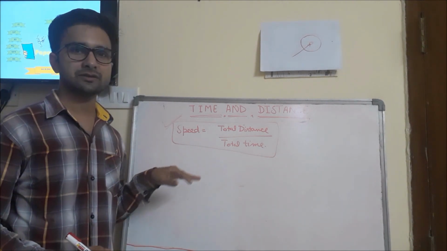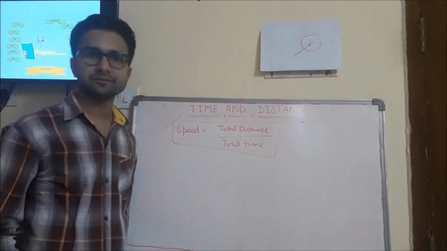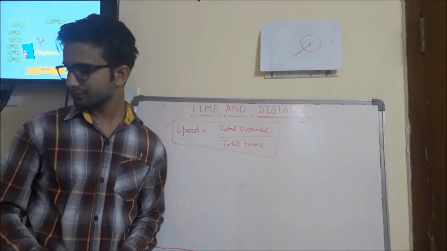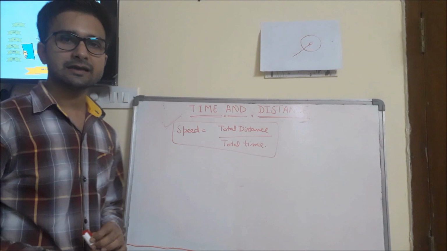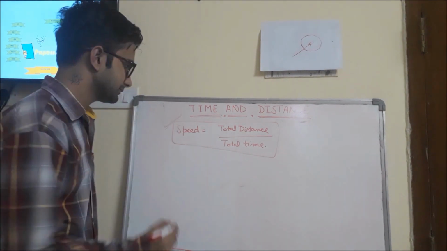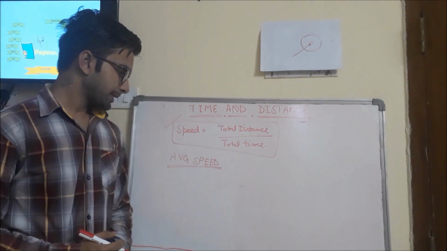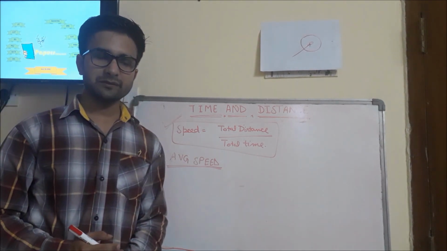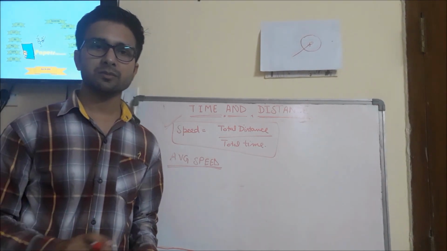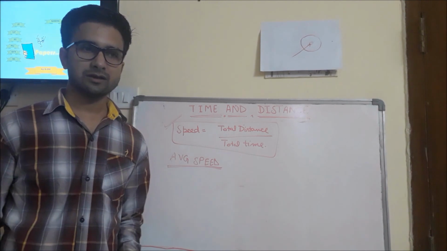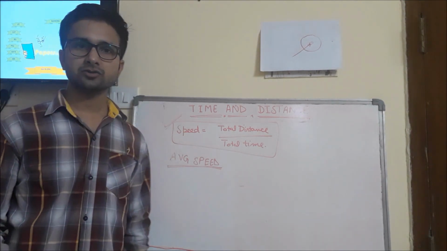This is a generalized case we all know from our childhood. The total distance upon total time is speed. So let's start. The first concept that I am going to start with is the average speed concept. You will get many questions on this, and in these lessons we will mainly be focusing on mathematical formulation of the problem. We won't be using any formula. I assure you that other than this I won't use any formula to solve any problem